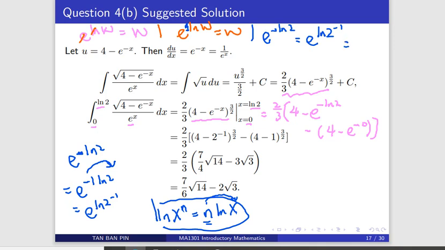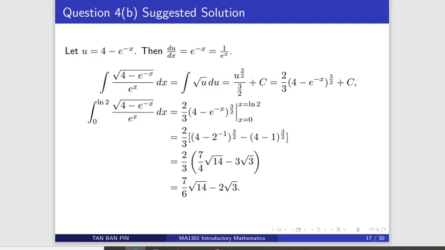So with that, you will get 2 power minus 1, because w is 2 power minus 1 and e^(ln w) is w. So that's how we get 2 power minus 1 here. And then e power 0 is 1. So that's how you get 1 here. So after you have 2 power minus 1 here and e power 0 is 1, you can now simplify it. So what you have here will be 4 minus half, because 2 power minus 1 is half.